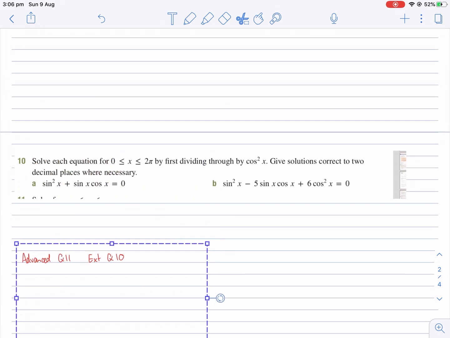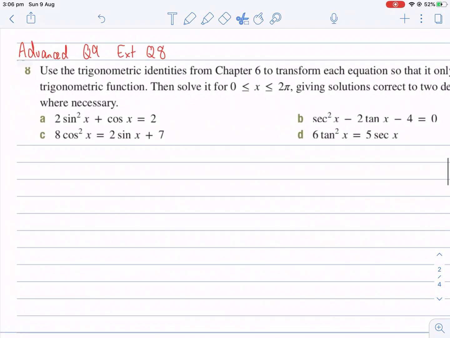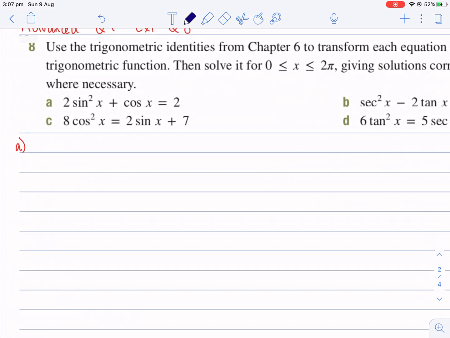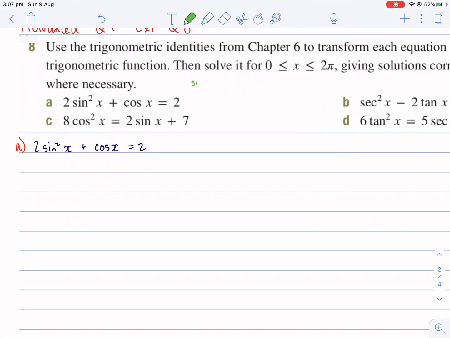All right, I'm going to need more space. Question 8, I think I've asked you to do all of them. Yep, so this is 9 for advanced, 8 for extension. So this one's less easy. If we've got 2 sine squared x plus cos x equals 2, usually when they're talking about trig identities, they mean sine squared plus cos squared equals 1, or, and I can never remember the